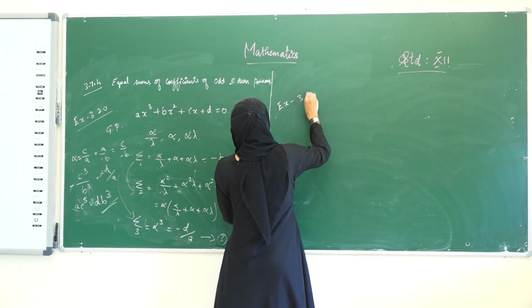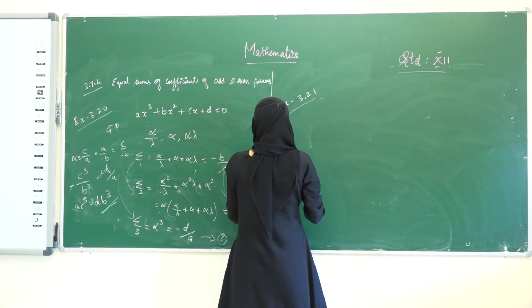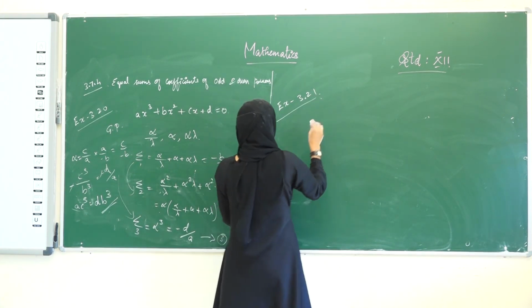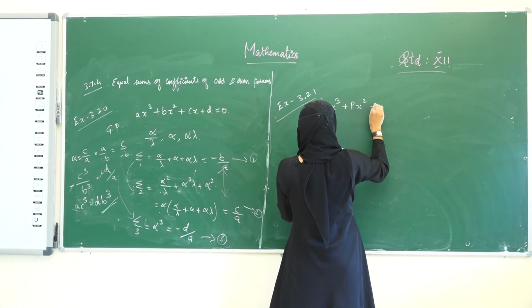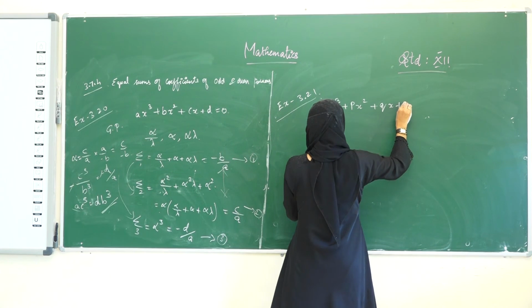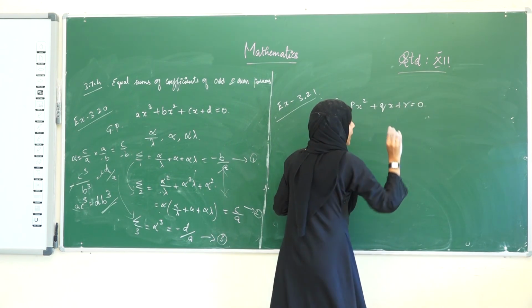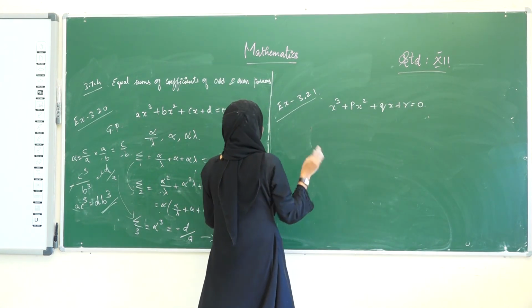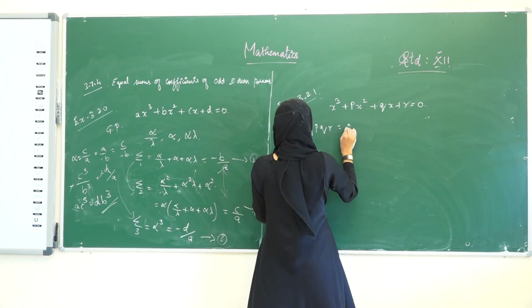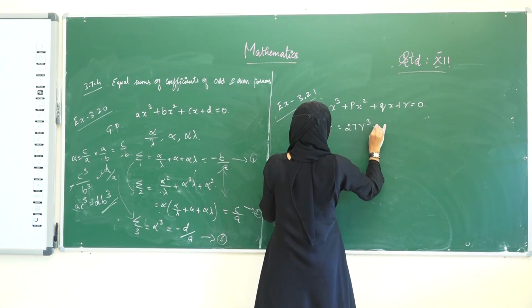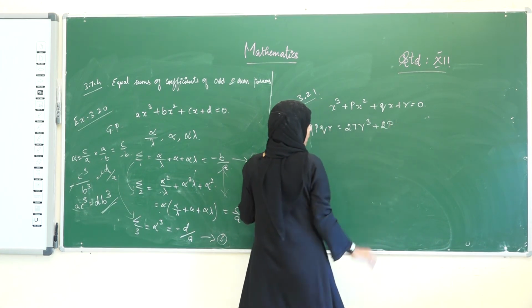See, next it is example 3.21. They have given that if the roots of the equation x cube plus px square plus qx plus r equal to 0 are in HP, that is harmonic progression, we have to prove that 9pqr is equal to 27r cube plus 2p cube. They have given the condition that we are going to prove.